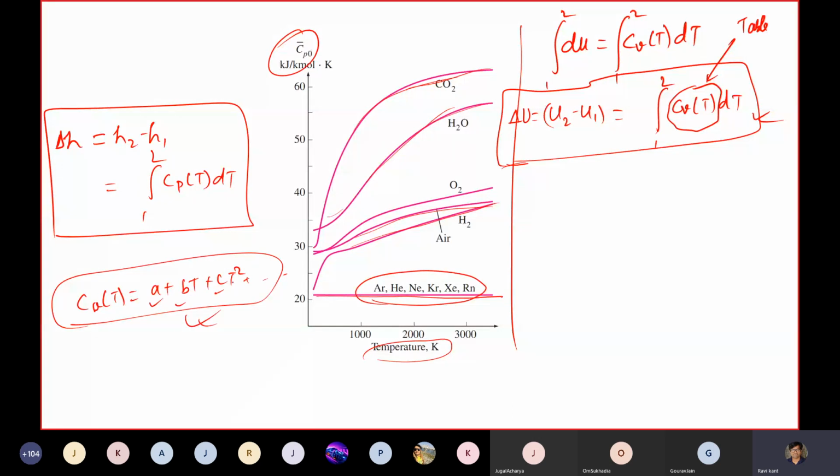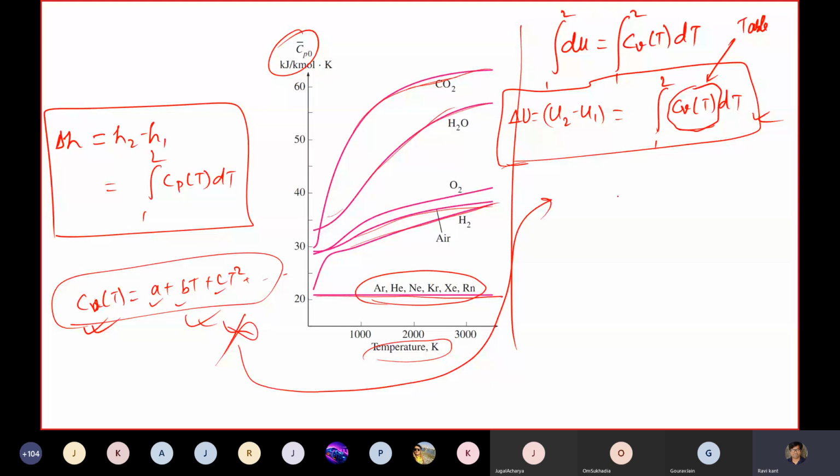You can actually estimate your Cv as a function of T for a particular substance, and then you can calculate it function-wise. But in general, we will not go by this methodology, because without much error, we can estimate Cv(T)